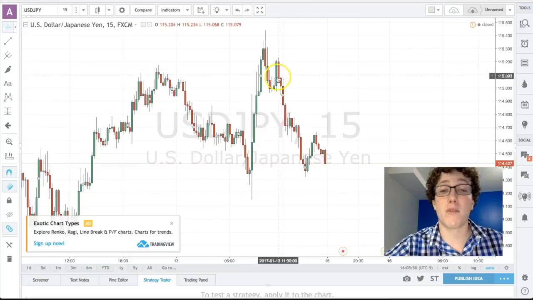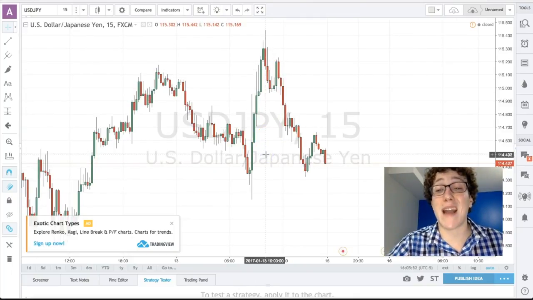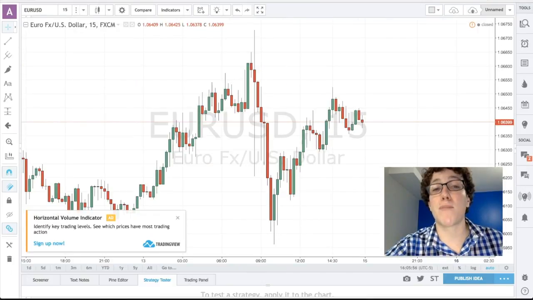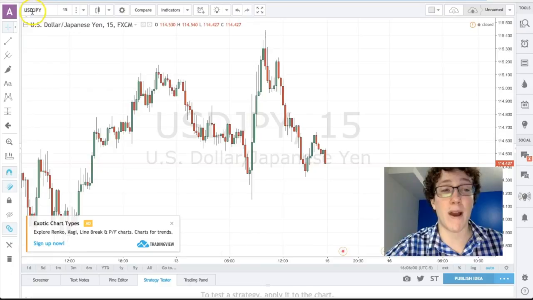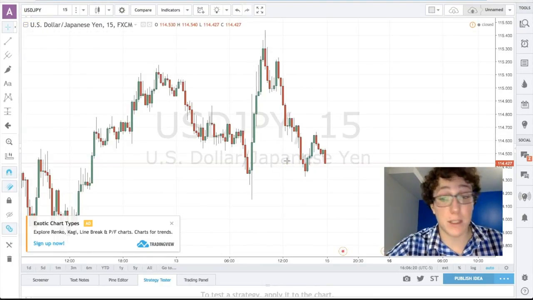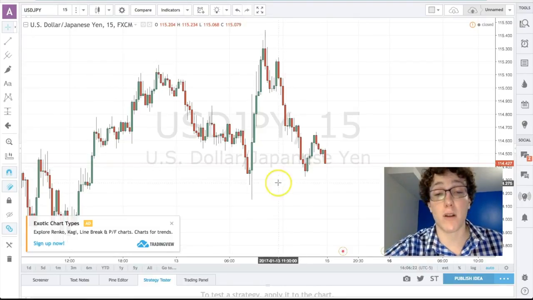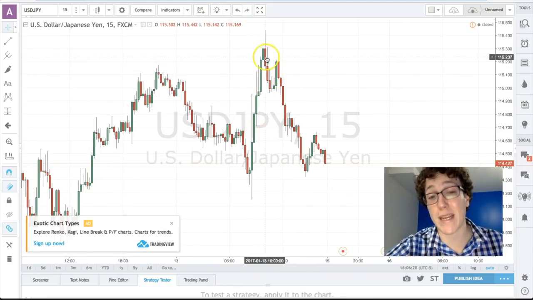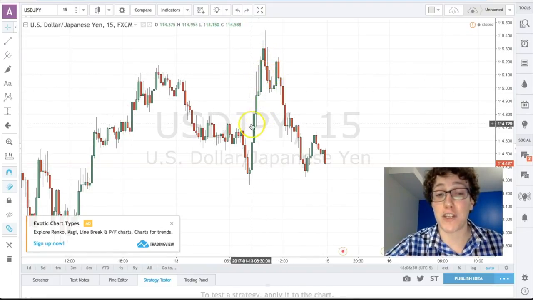Let's go look at another chart with the USD JPY, which is an opposite correlation of the Euro USD. You can tell that by the position of the USD. If it's last in the Euro USD, in the USD JPY it is first. So you will see a very similar thing happening, but in the opposite direction because they are negatively correlated. The first candle, it moved a ton, and then once it picked a direction, I would have made a call trade here for 30 minutes or so, and it just climbed and climbed and climbed.